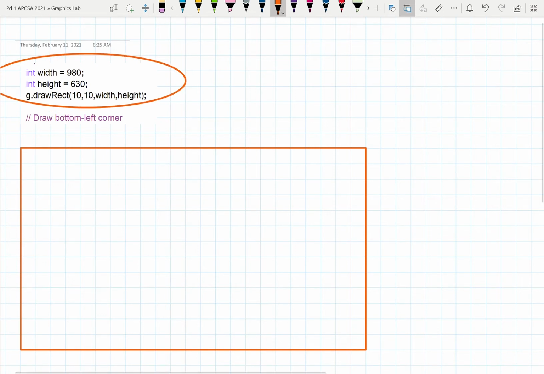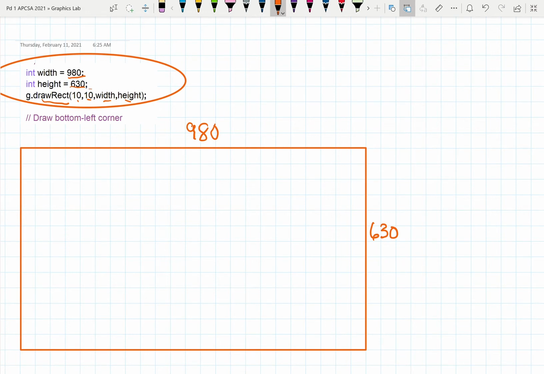So if you look at this draw rect, it says draw rect 10 10 width height. Well, the width is set at 980 and the height at 630. So this is a rectangle with a width of 980 and a height of 630. Now you can change those dimensions if you want to make them more convenient, but it does have to stay a rectangle. There really isn't any need to change it because if it's a rectangle and the width and the height are not the same, you're going to have the same issue of getting a constant